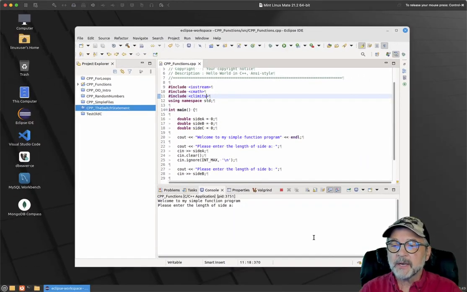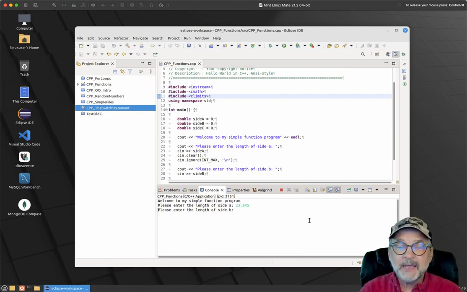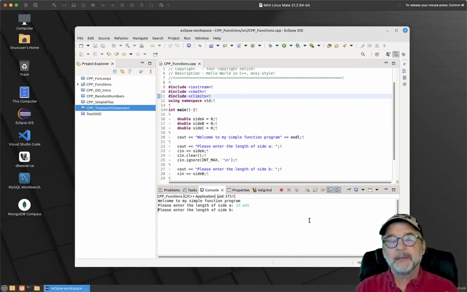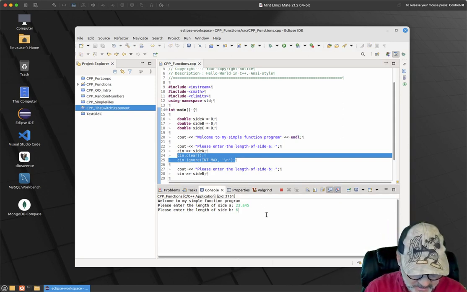So I'll go ahead and run it. And this time I'm going to type in the same thing, 23.A45. And notice the difference in the operation. It now is asking me to type in B because what those two lines did on lines 24 and 25 was basically reset the CN. It deleted any invalid data in there based on numeric input. And I didn't type in a number, I typed in the letter A after the dot. So that's pretty cool. So let's go ahead and put in